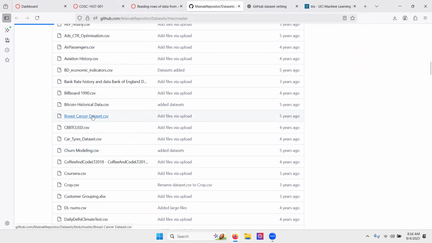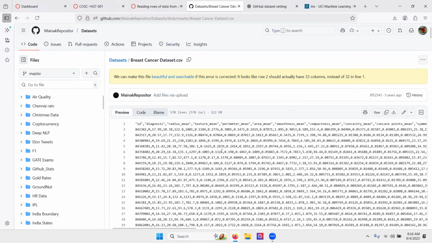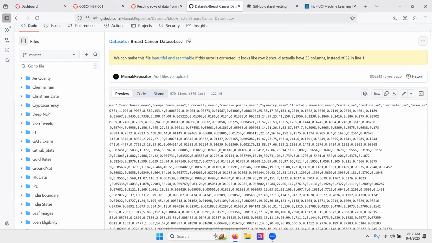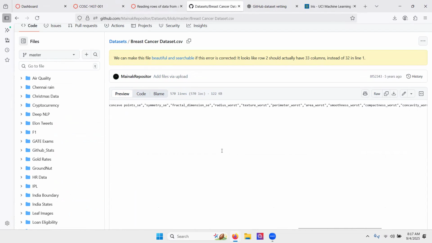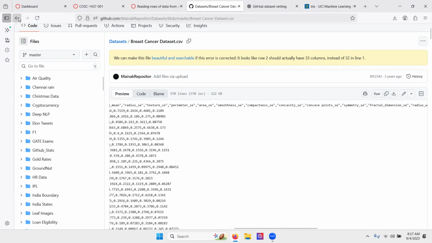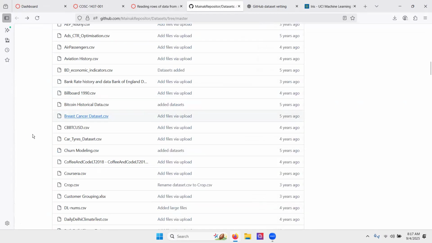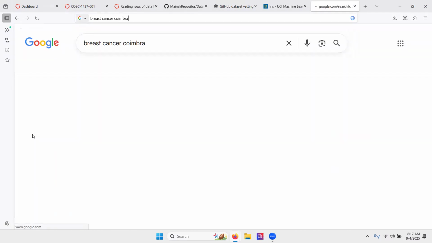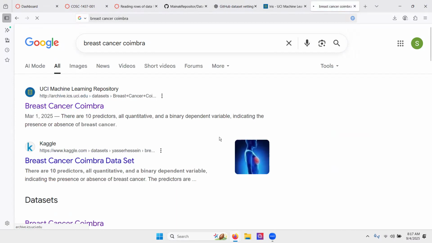So one that I've analyzed before is the breast cancer Coimbra data set. So let's see. Quite a lot of data here. Radius worst area. Okay, so that's not the data set that I thought I was going to see. There's a very well-known data set called the breast cancer Coimbra data set. So if we just look at that real quick,